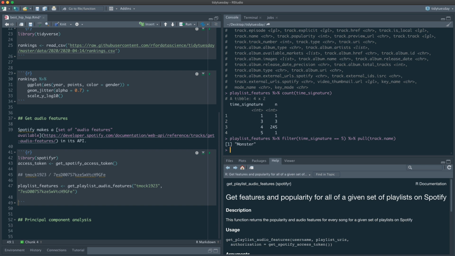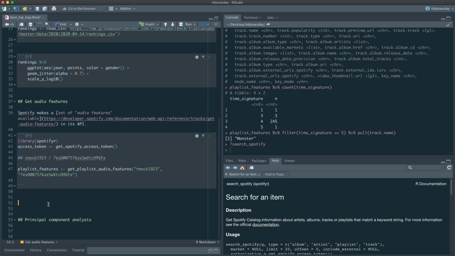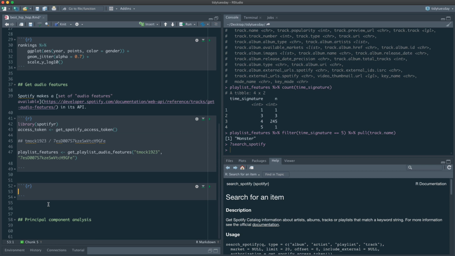Instead, let's use this function, search Spotify. Let's go down here and make a new little chunk. This is going to be a demonstration of a way that I often write a little function and then use map from purrr to apply that function across, say, many rows of a data frame or in some way. So let's go back to that rankings